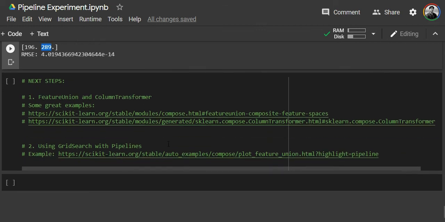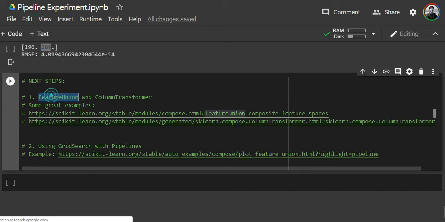Next steps which you should be taking are studying about feature union and column transformer. If you're going to use this in your projects, then any serious pipeline you might create will either have a feature union or a column transformer. You typically need to work on categorical or numerical features separately and then concatenate them back again. And you can do it using feature union or column transformer.